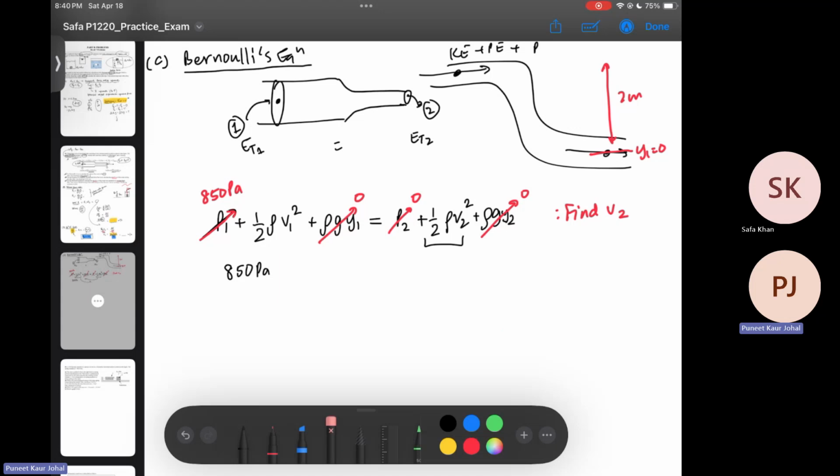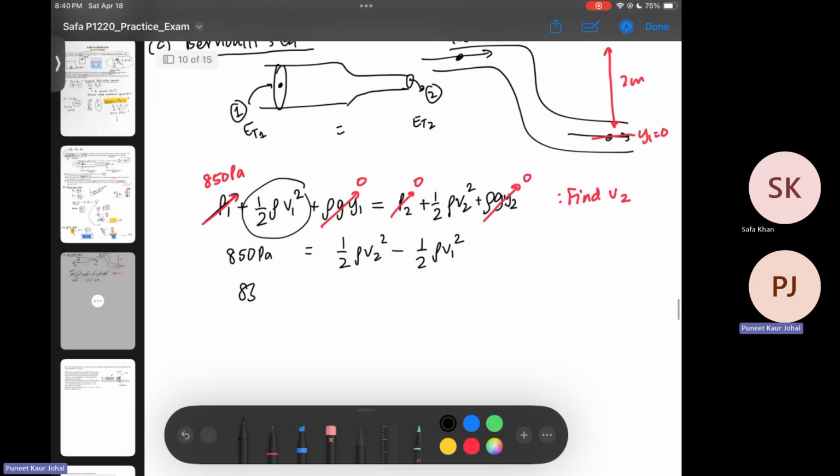It's up to you. I'm going to move it to the other side, because the unknown is V2. So we'll have 850 pascals equals,